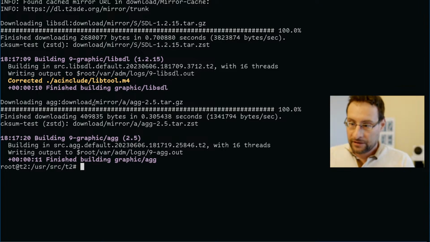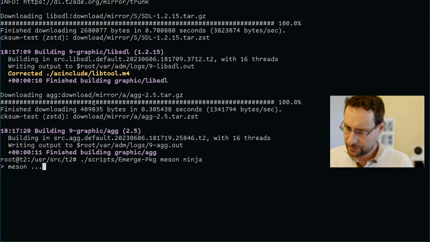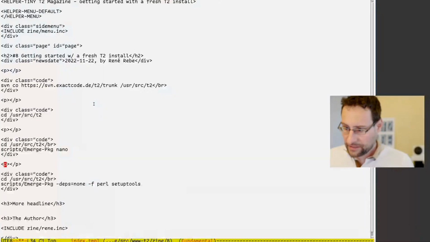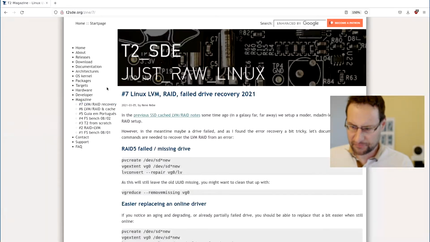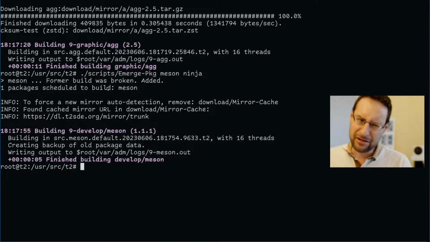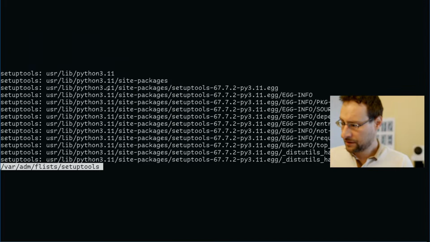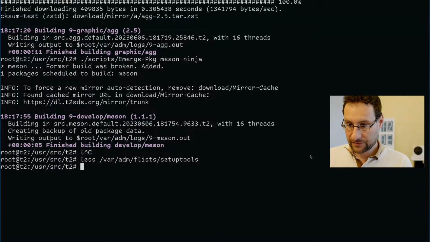So, that builds amazing, and then let's test Meson and Ninja and what's needed. This was probably Meson, so that is, of course, an improvement over just rebuilding setuptools. I mean, maybe rebuilding some Python cache would be enough. So basically, maybe we could have some post-install Python cache stuff, whatever. Maybe let's